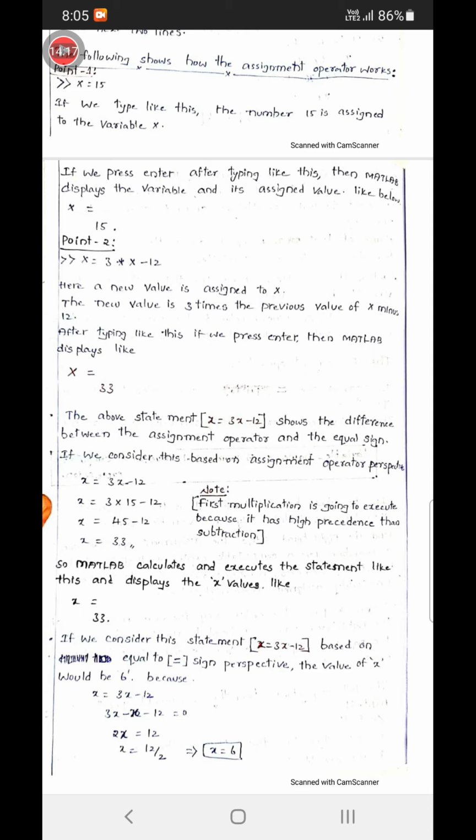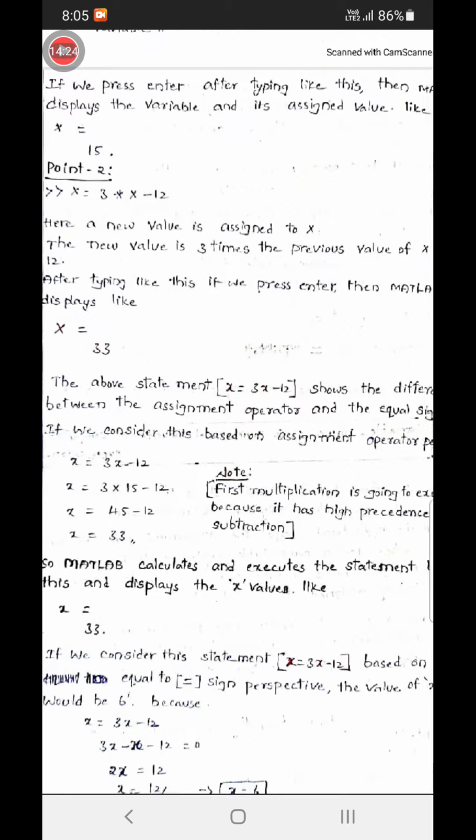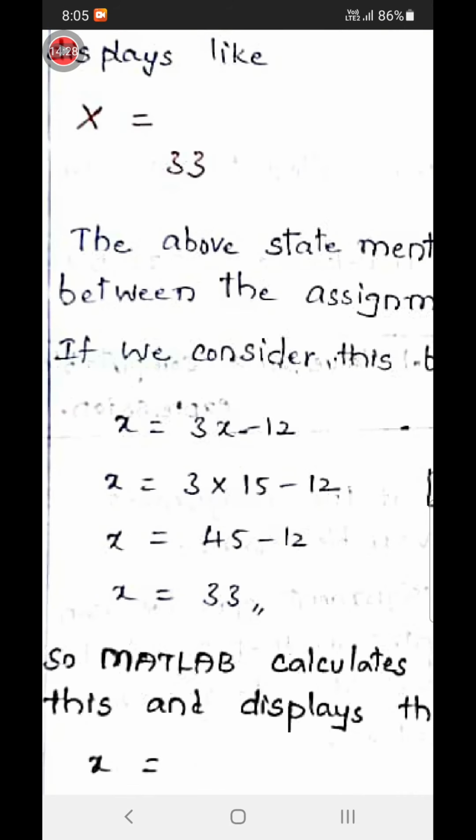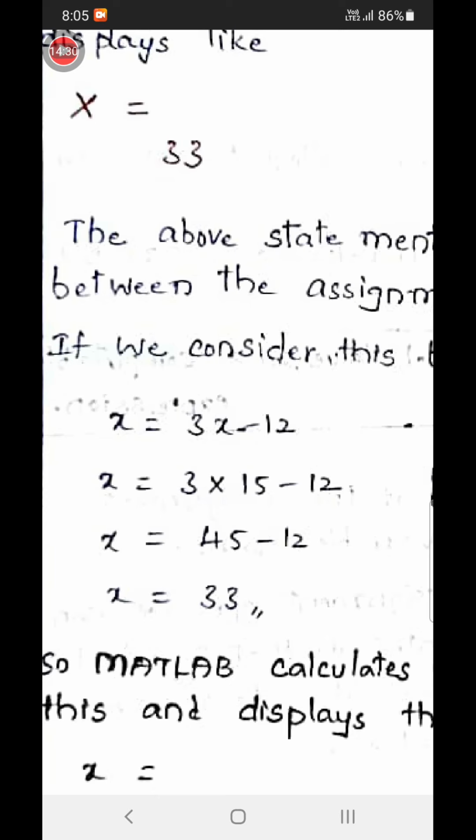So x assignment 33, since 45 minus 12 gives 33. Now the value 33 is in the variable x.